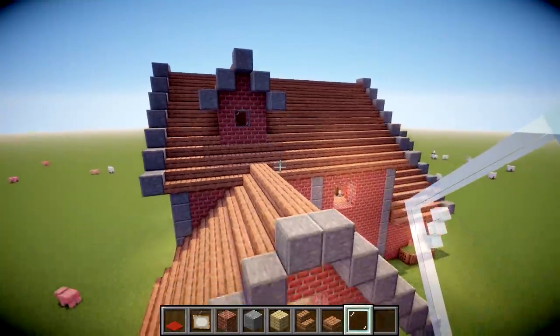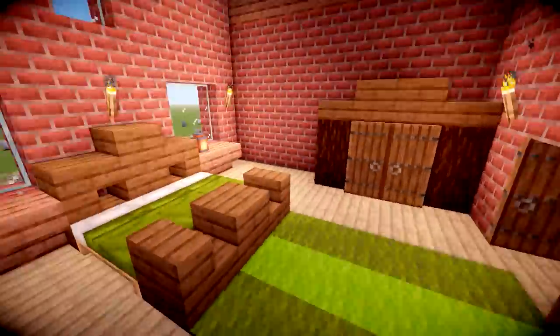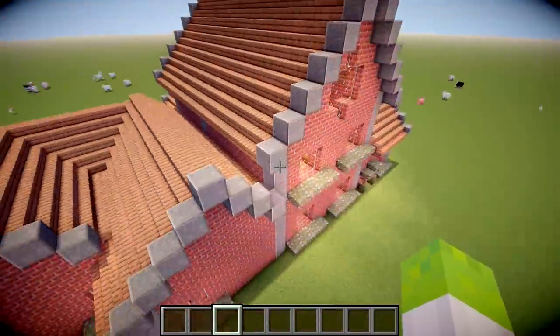Like so. Up here, a fancy bed. Some green armor, little bookshelves, our wardrobe here, very nice. Painting, rug, and that's about it really, all you need in a bedroom. Progress is looking good. This house is turning out to be pretty massive, but I think we need a bathroom